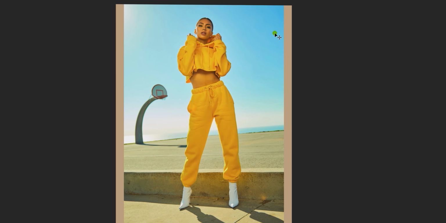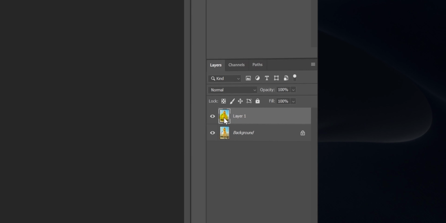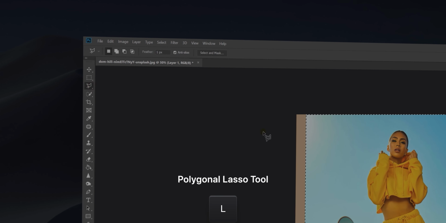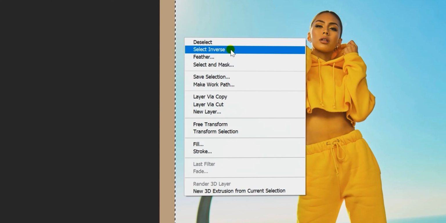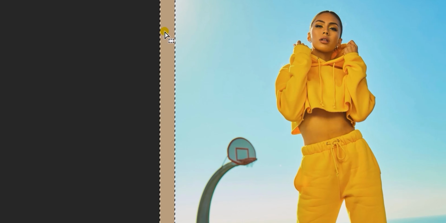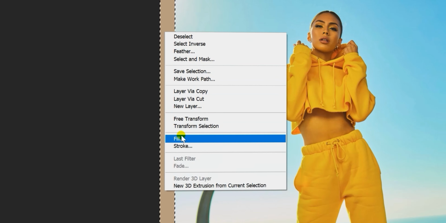Obviously these edges aren't exactly what we're looking for in regards to our photo, so let's get to selecting them by holding Control and then clicking on our photo layer just over here, then select either the quick selection tool or the polygonal lasso tool and then right click on the selection on the image and click select inverse. What that will basically do is make sure that we're selecting these side panels here and not the overall image. What we'll then want to do is right click again, then go to fill,